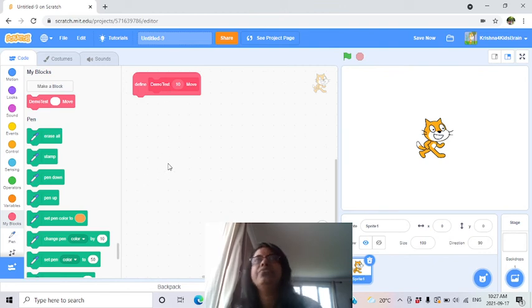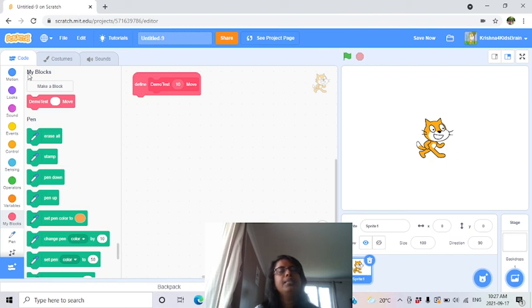So the use of this one is basically, for an example, when you are writing the coding, some particular codes you are repeating again and again. For an example, you want to move this sprite 10 steps. That you have to use in several areas of your programming. So without writing again and again, you can create your own block and keep it. So in the future, you can just click on that block. You don't need to write it again and again. So that is the use of creating your own block, and you can do it through My Blocks. Okay. So these are the things you can do with the block palette.